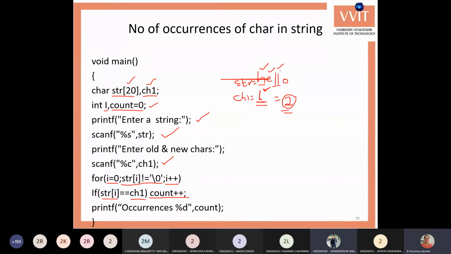Next it goes to the second L and it is checked with our L. Both are equal, so the count will be incremented once again. After the for loop we will print the occurrences of the character as percentage d with the count variable. It just counts the value, and we can show it in the output.